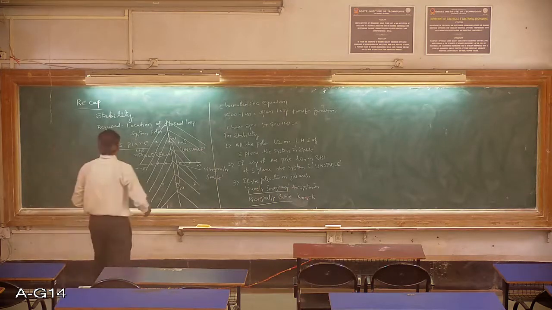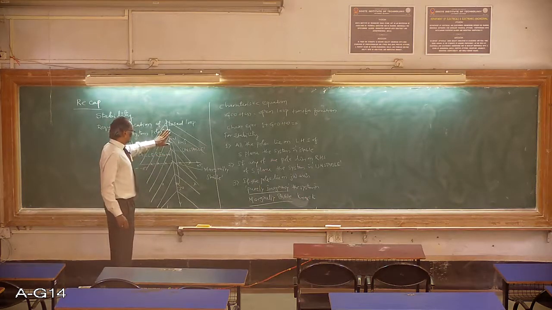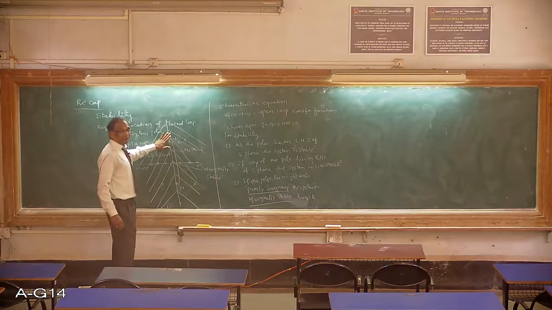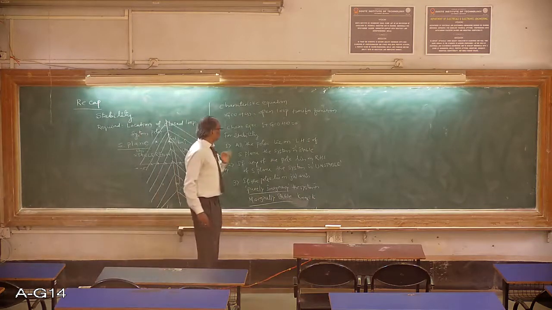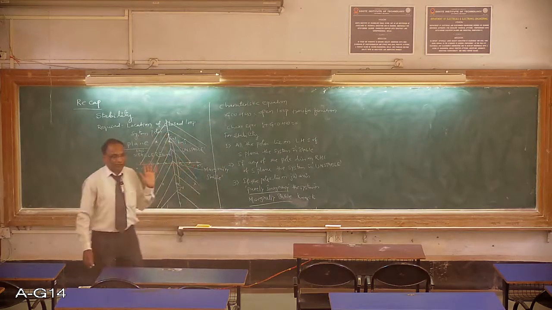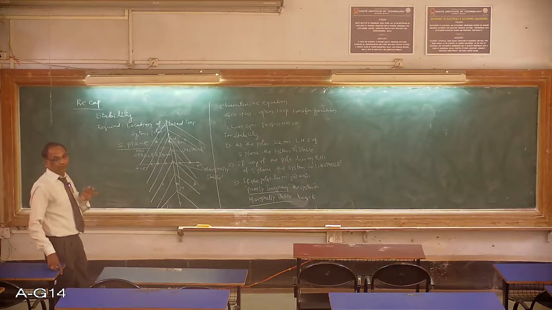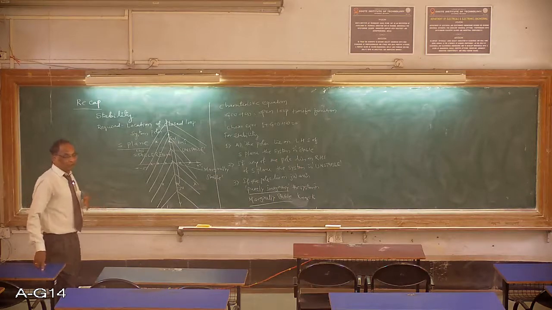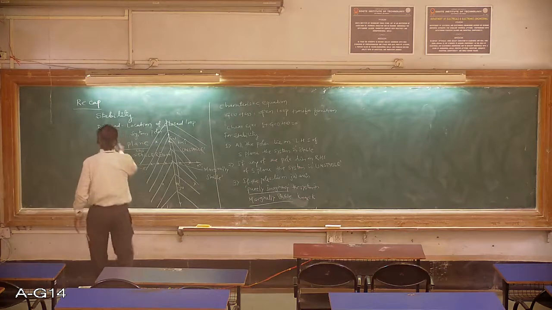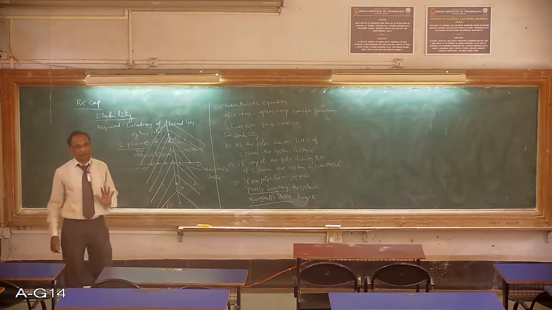Now, by knowing the Routh-Hurwitz condition for the system to be stable, you need to find the location of the poles: whether all the poles of the system are lying on the right of the S plane, or all the poles are lying on the left of the S plane, or some of the poles are lying on the right of the S plane and some on the j omega axis. Knowing these things is necessary to predict the stability of a given system. The stability can be assessed by knowing the location of the poles.